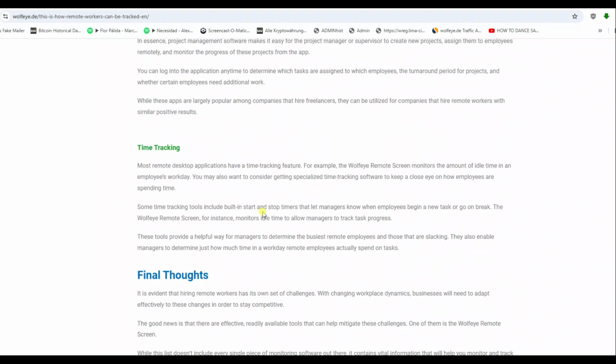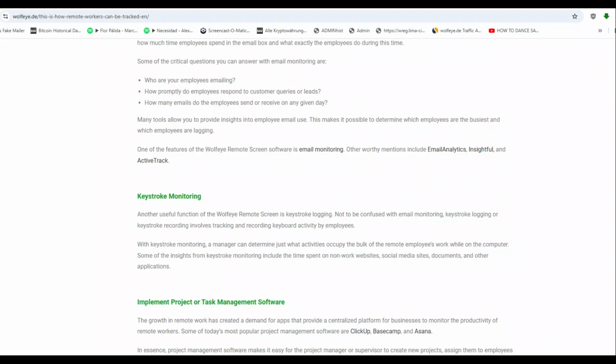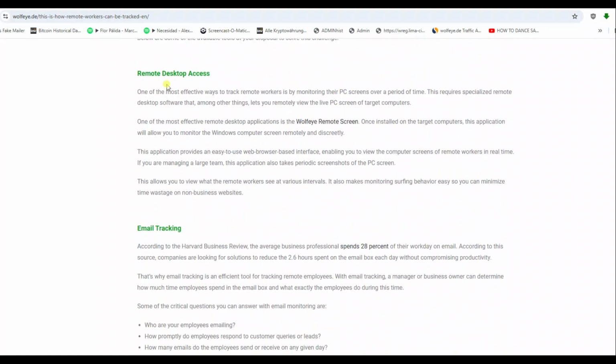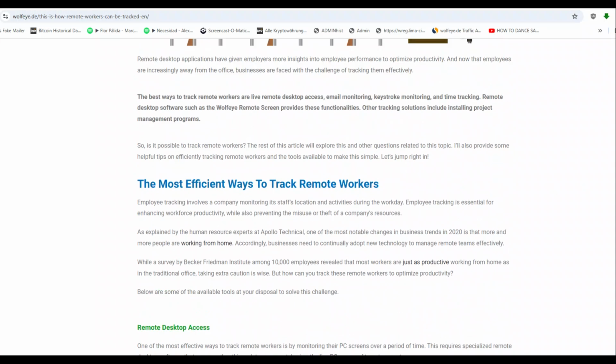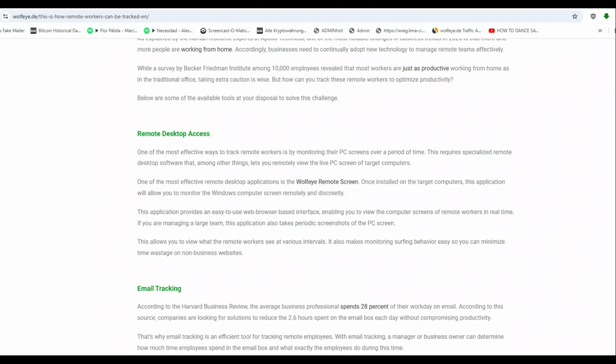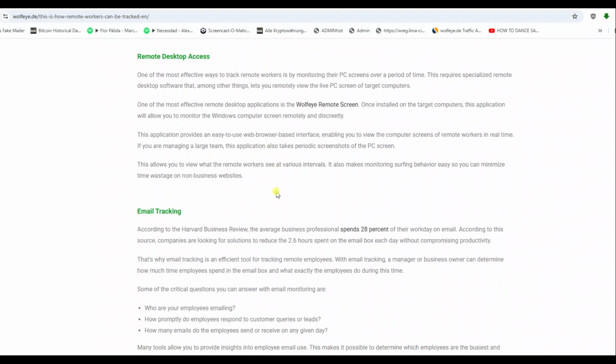In this article, I describe a lot of possibilities that you have to monitor your employees. And for all those, of course, you will need software installed on the employee's computer, which I will demonstrate later, maybe in this video, maybe in the next video, we will see. But one important thing to mention is that if you want to monitor the computer of your employees, there are some questions that you will have to answer yourself. The first thing is that you have